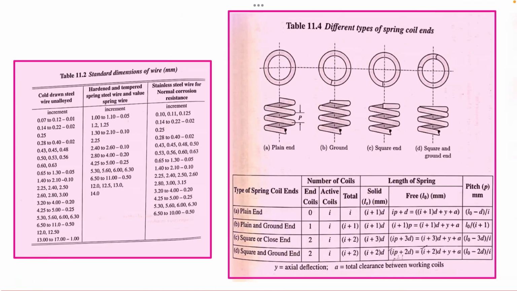Next step, we need to standardize this one. If you look at the table for standardizing this, that is the standard dimensions of the wire, here the value 46 is not available. So we can simply take the next higher even number as the standard diameter. So I can round the value of the spring wire diameter. Here it is 46.4, so we can take the next value as 48 mm,